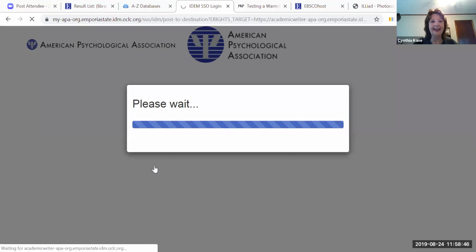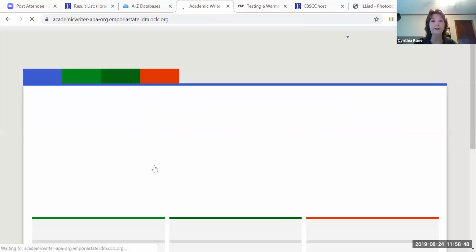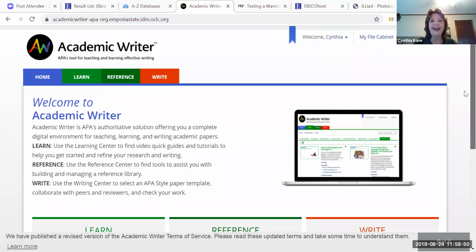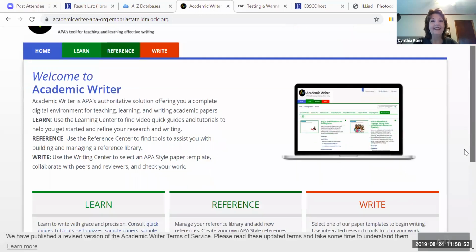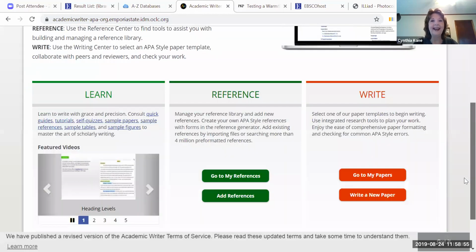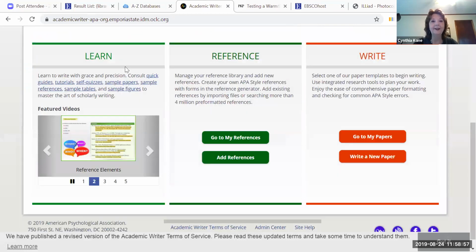So it will go ahead and log me in. So that is the first thing you do want to do. So after you do that, I just want to show you the three centers we have in Academic Writer: Learn,